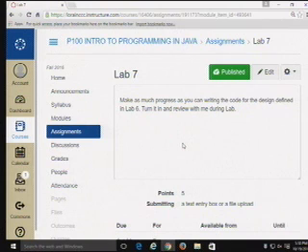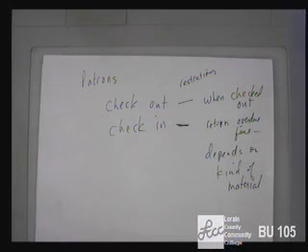Let me tell you my thoughts on this. There's two ways that you could trim this problem down and make some progress on it without completing the whole thing. And you can do either of these two things, or you can pick none of the above. But in my mind, to show progress, you probably need to show some sort of output. All right? Because if you have code that checks out a library book and you run it and you don't get an error, it would kind of be a shaky assumption to assume that everything worked, right?